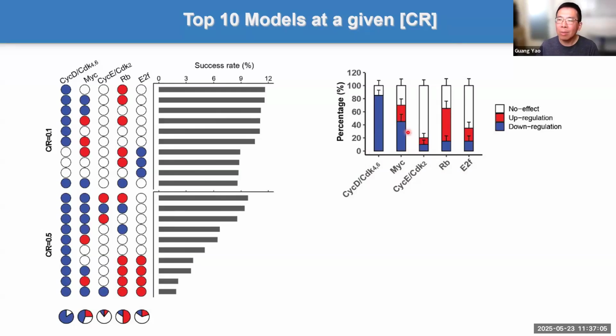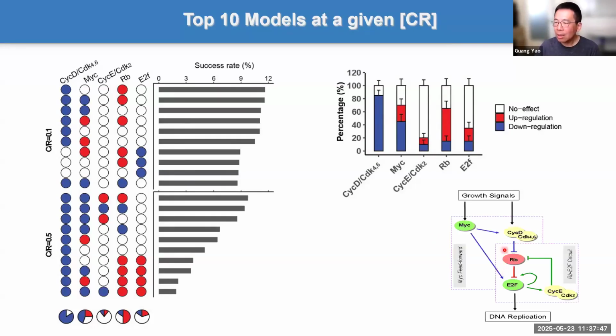And you can achieve similar things by modulating the other ones. For example, in 40% of cases, you can downregulate MYC in its top 10 modules, and they either downregulate or upregulate or don't change. You can achieve this. For example, MYC sometimes can be downregulated. In this case, MYC is upregulated. In this case, MYC is not changed. It's almost not random, but not clear. But this is clear: you need to downregulate cyclin CDK. So that's a model prediction.